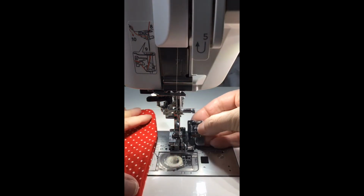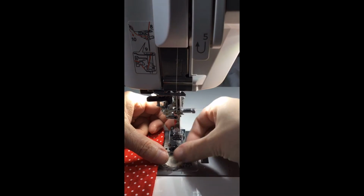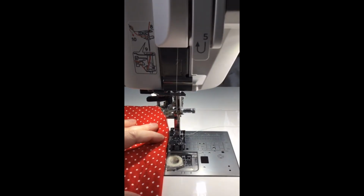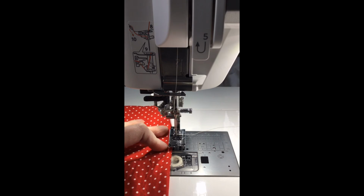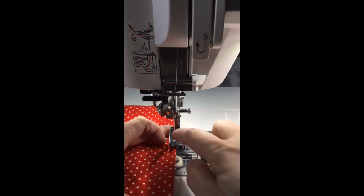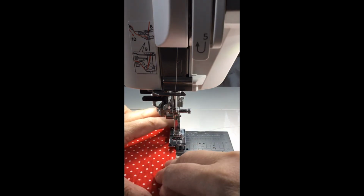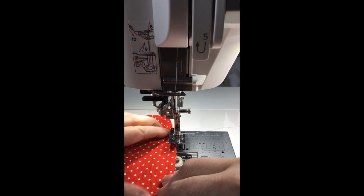I'm going to change to the G foot because you can use this foot for stitching right on the edge of something. So I'm going to go back to the t-shirt, and I've gone to where's the edge stitching? Okay, so you can see the needle moving there. I'm just moving my needle position just a couple of spots on the other side of this guide right here. So I'm going to start here,